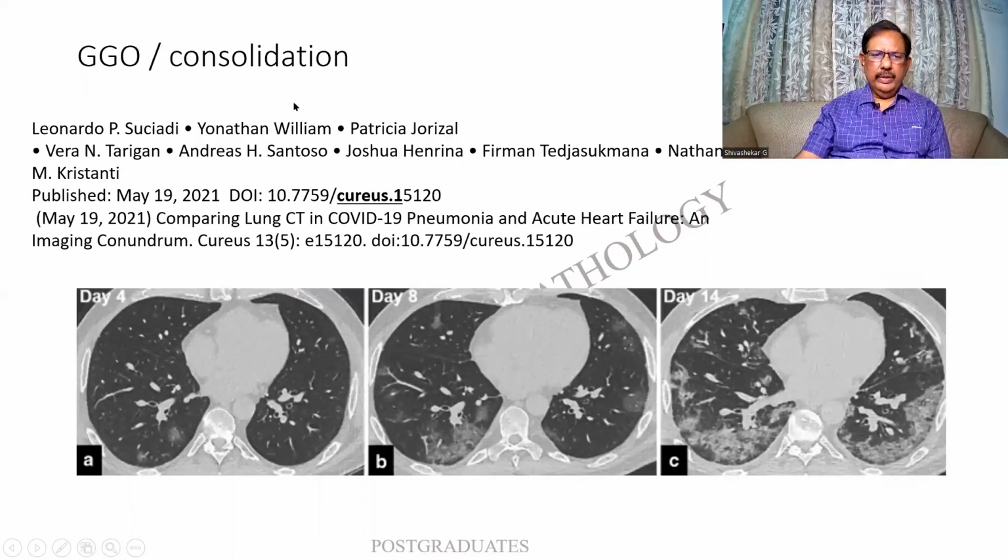Wonderful picture of it, the consolidation. Look at this one. These are the various days of the patient. Day 4, day 8, and day 14. This is a wonderful reference. Almost nothing is there. There is a mild opacity that is seen. And I find that there is a developing ground glass opacity here and there. Then a widespread ground glass opacity that is seen, usually posteriorly. This is a vertebral column. That is why it is posterior.